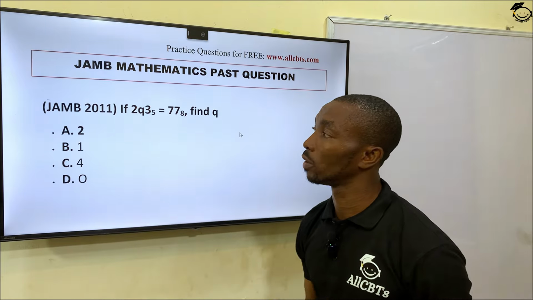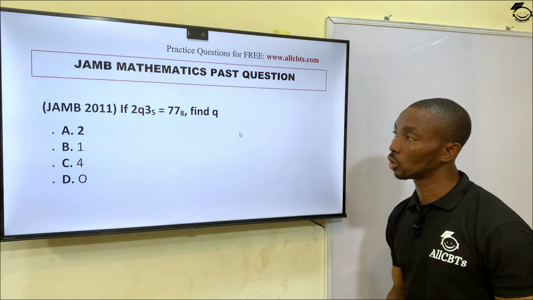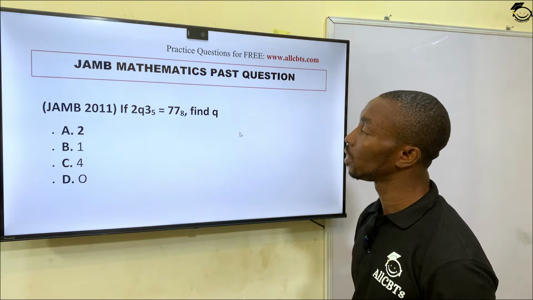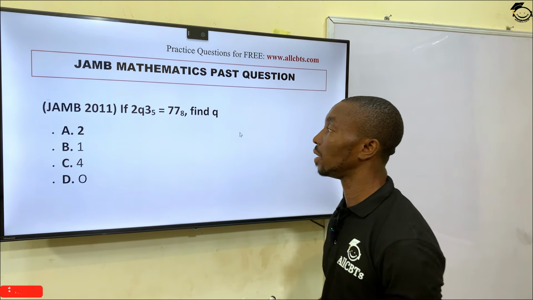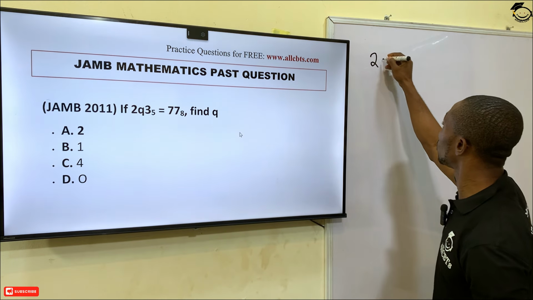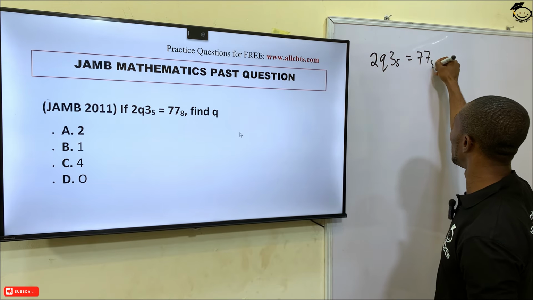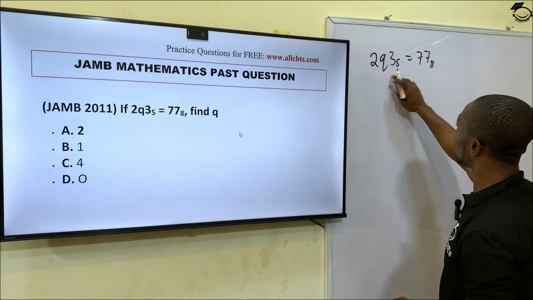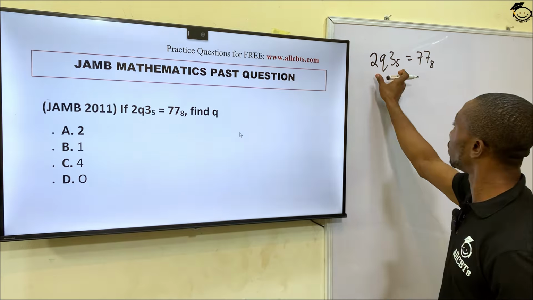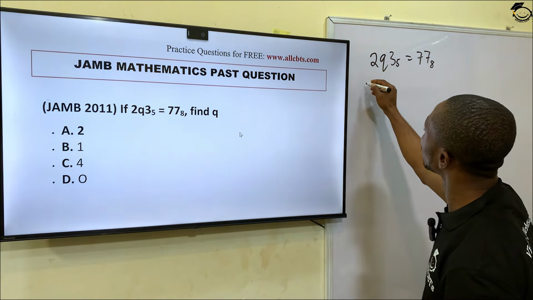Now, our first question from 2011 says, if 2q3 base 5 equals 77 base 8, find q. So, finding the value of q, we have to convert this to base 10 and this to base 10. So this will give us